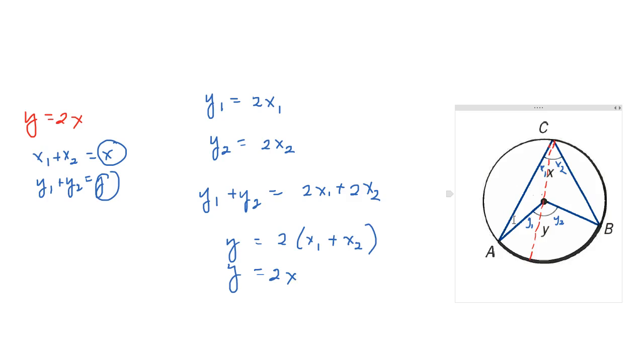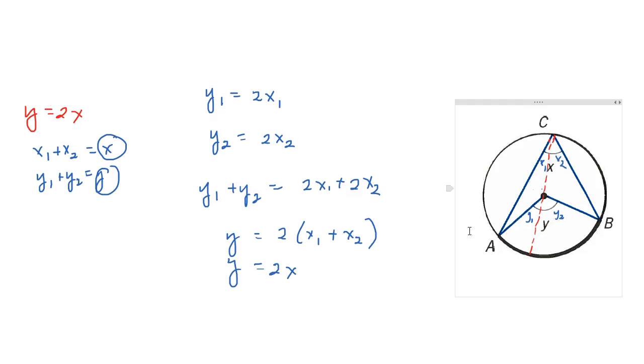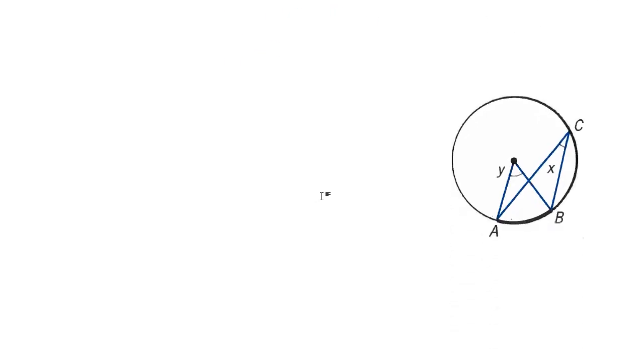Even if we cannot find a diameter, you can see here the x is over the y. How about if it's not the case, as in this case? It is not over the y. X is not here. We can still use the first proof that we have done by drawing once again